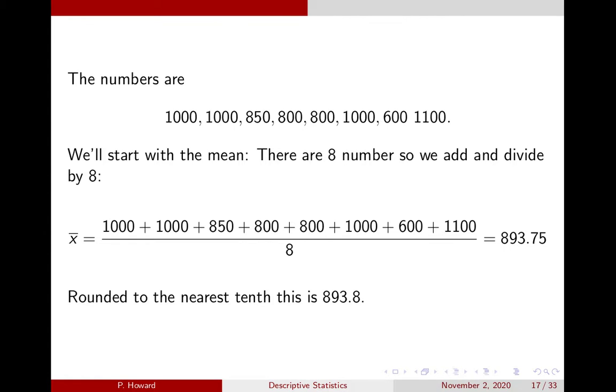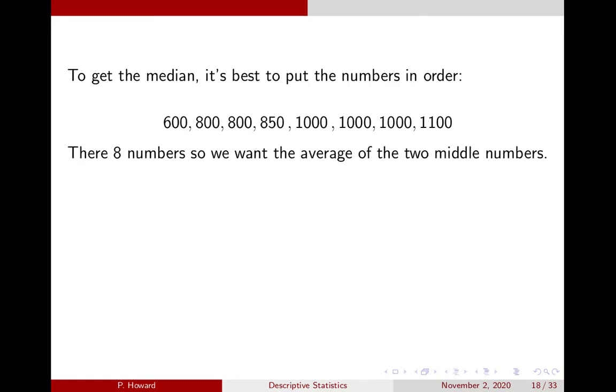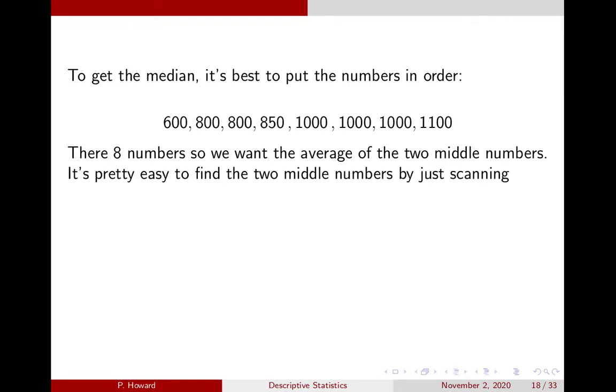Let's try calculating the median. Here we'll put the numbers in order. Here they are listed in order: 600, 800, 800, and so on. And now there are 8 numbers here, so we want the average of the two middle numbers. This is a fairly small data set, so it's pretty easy to scan through the 8 numbers and find the 2 middle numbers. But